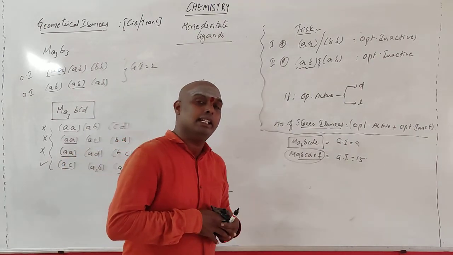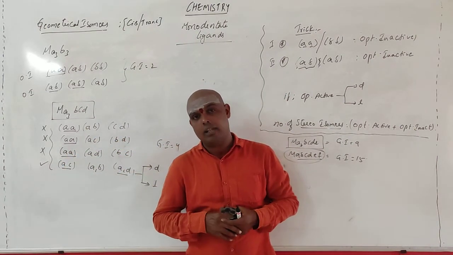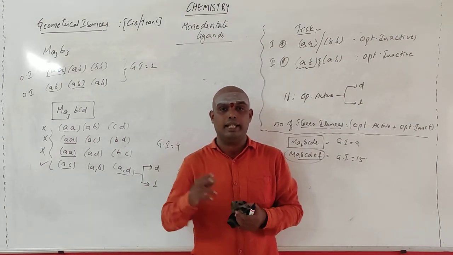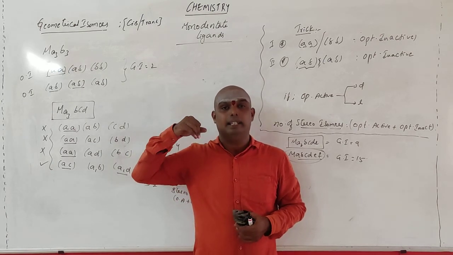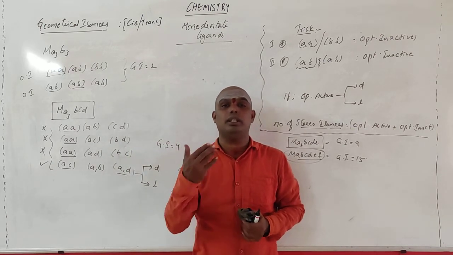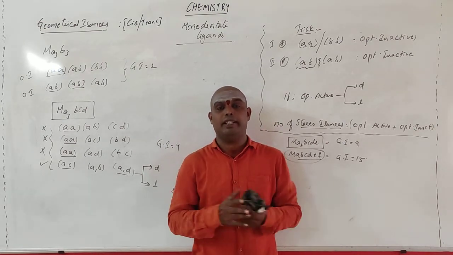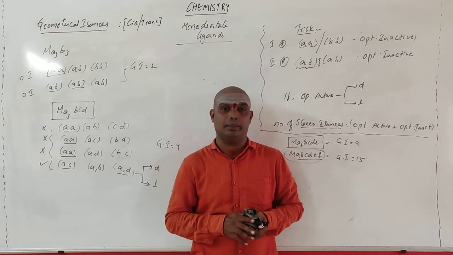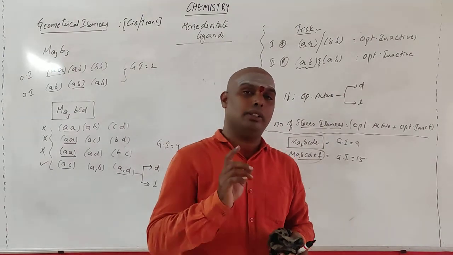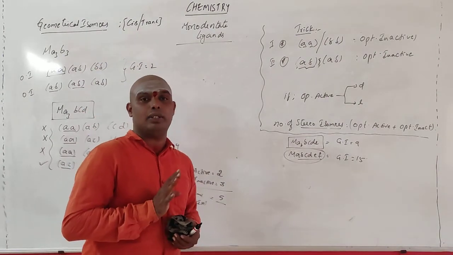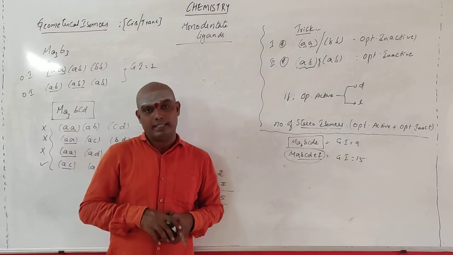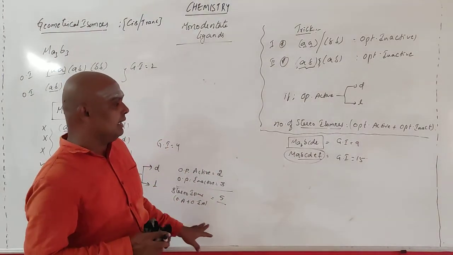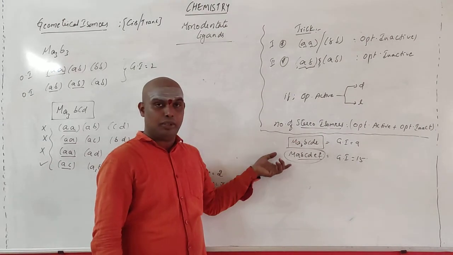How will you identify the octahedral complexes? In octahedral complexes, if you go for combinations, taking 2 into a set, then even if one set is different, you can consider that into the geometrical isomerism. If both are different, but the same set is repeated, then also optically inactive. Geometrical isomerism, one set is different, you can take that into consideration. Optically active means all the sets should be different and nothing should be repeated in the same set. So this is what for today, and this is the test for you.